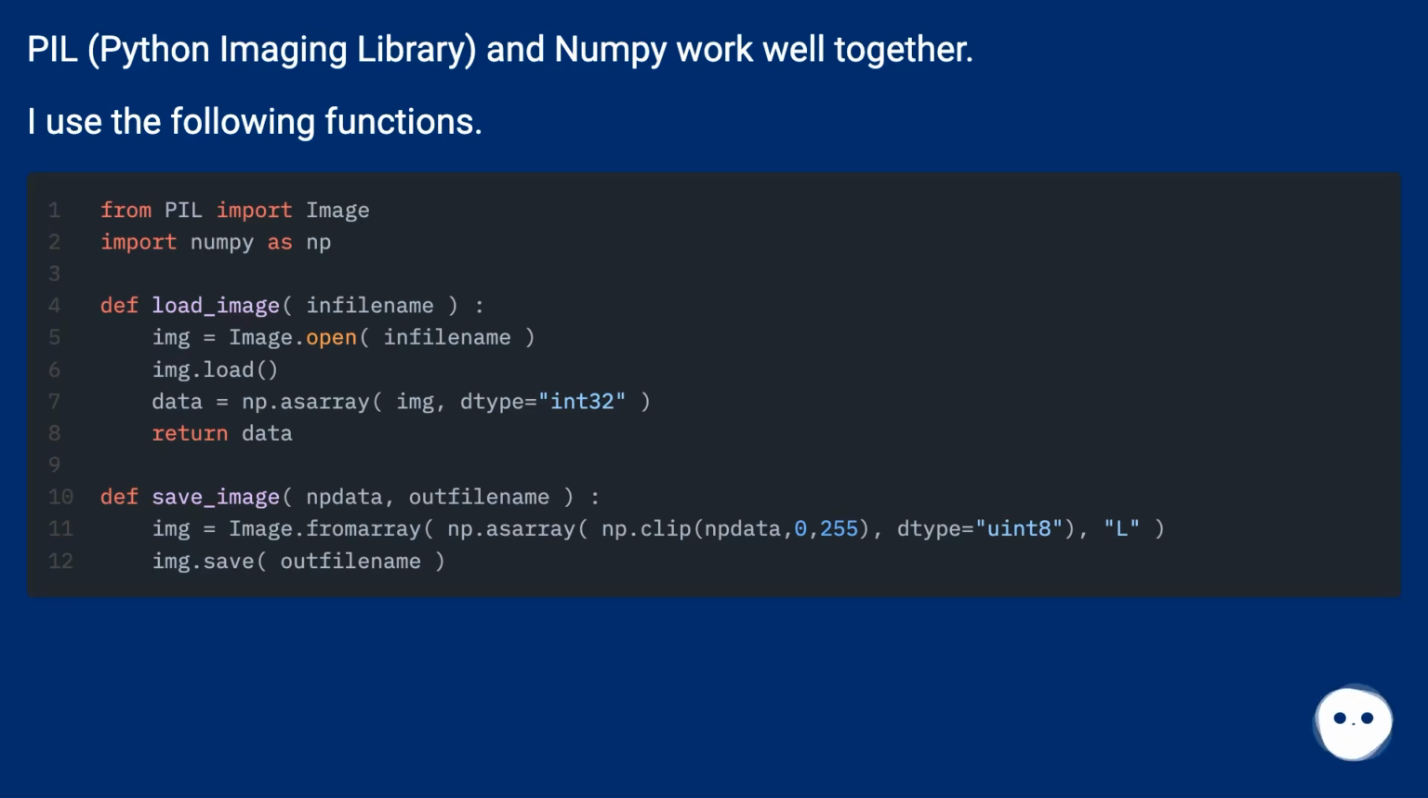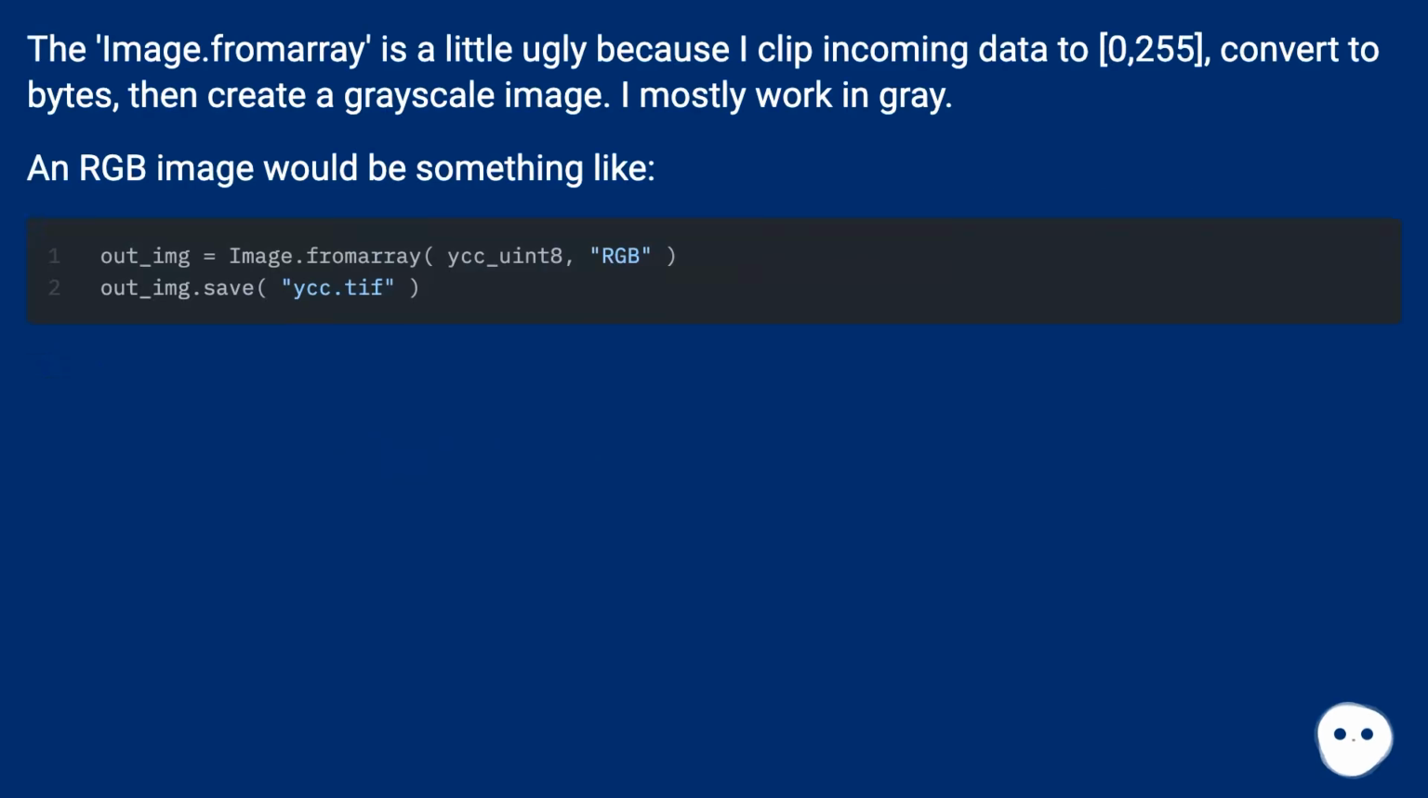PIL, the Python Imaging Library, and Numpy work well together. I use the following functions. The image.fromArrays is a little ugly because I clip incoming data to 0 to 255, convert to bytes, then create a grayscale image. I mostly work in gray. An RGB image would be something like